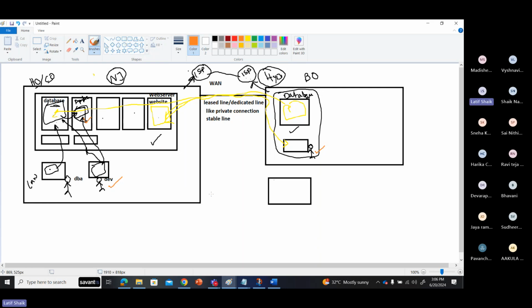And we don't follow encryption here. Why? Because it is a line for you only, so you don't require additional security there. It is your private line, so you don't require a security guard. Only you are traveling from this private network to this private network. No others are allowed automatically. Understand, guys? Dedicated connectivity.